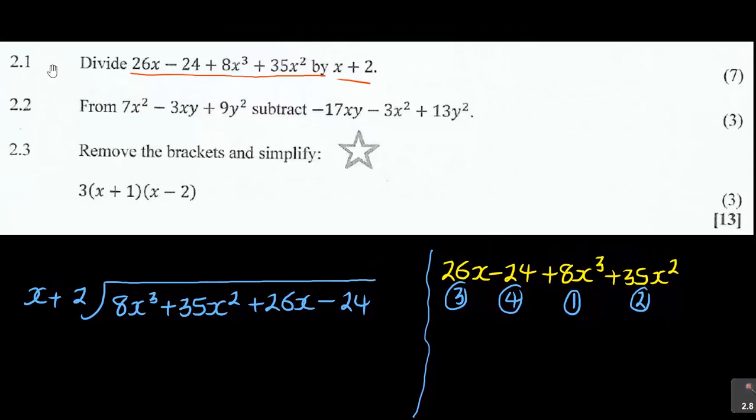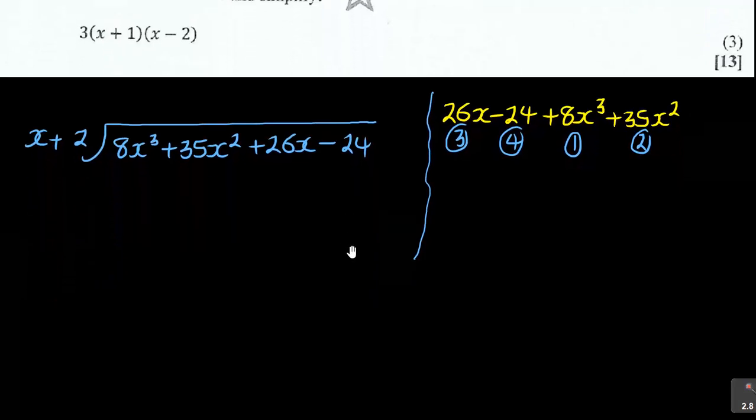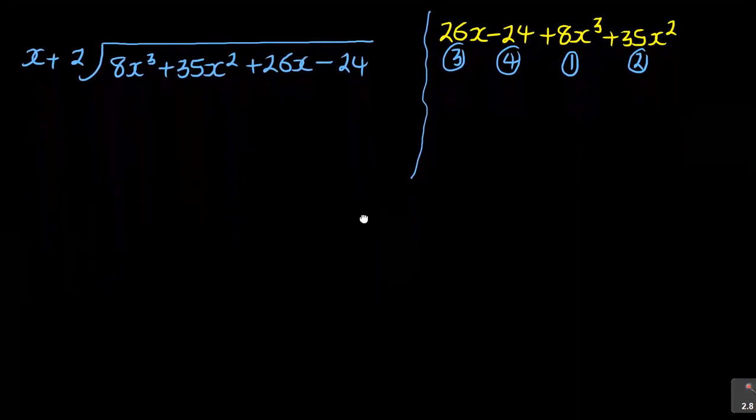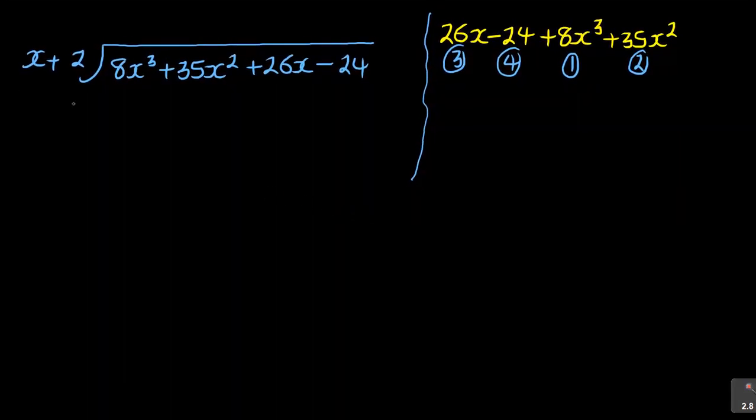Then when you have done that, it's 7 marks. Think of it. I mean, this is a good 7 marks, you know. This is very good. So you can get good marks from that. So let us work on this thing like this. If I've got this and it's a long division, how do I work on that?